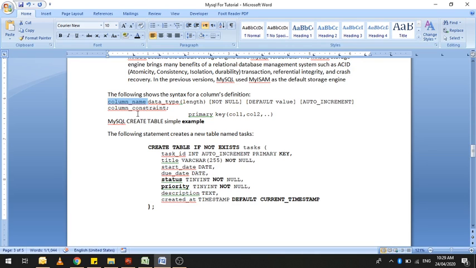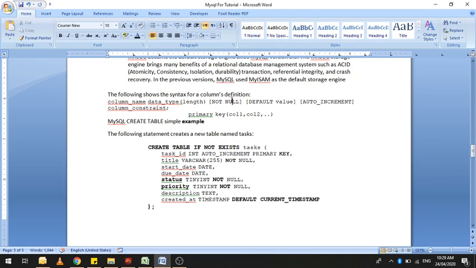Each column has a specific data type, and optionally you can define its size. For example, varchar 255 is a character variable with length 255. Integer 10 means data type of length 10.